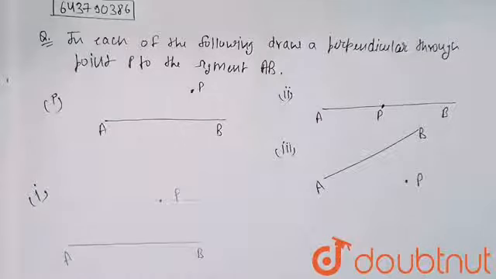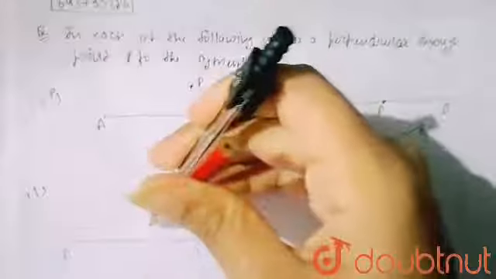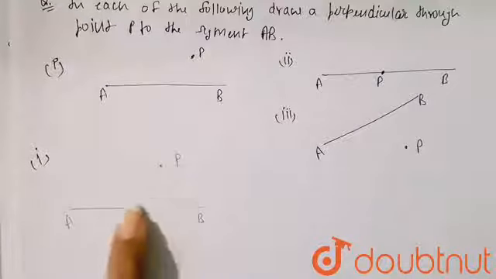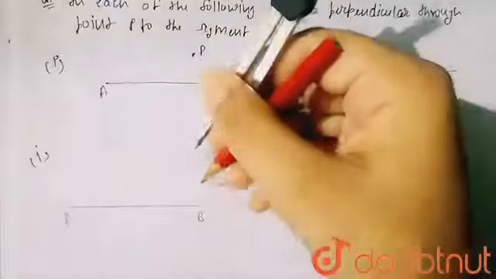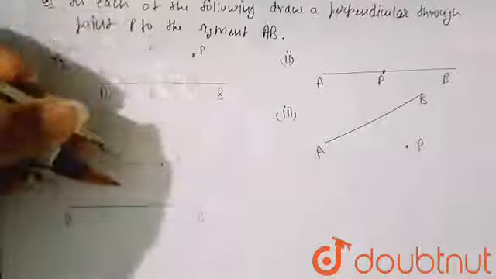Now here I will make the perpendicular bisector with the help of a compass. So here I have to make a small semicircle like this. This will be my semicircle. You can see here, this is my semicircle. Now by putting the compass at this point,